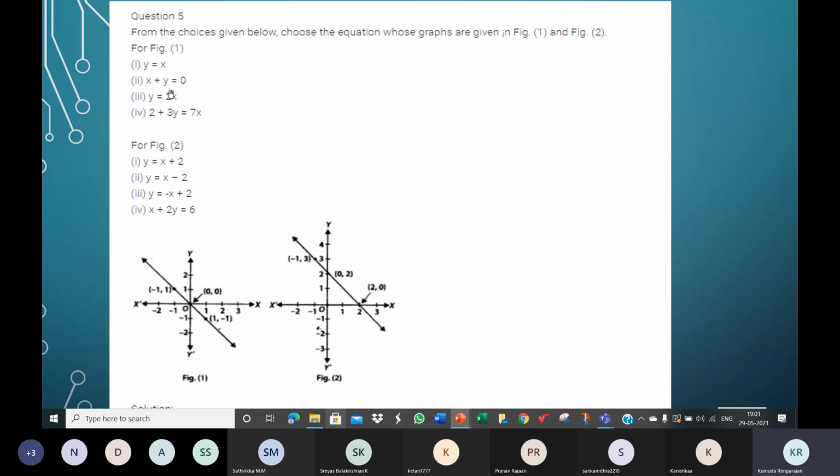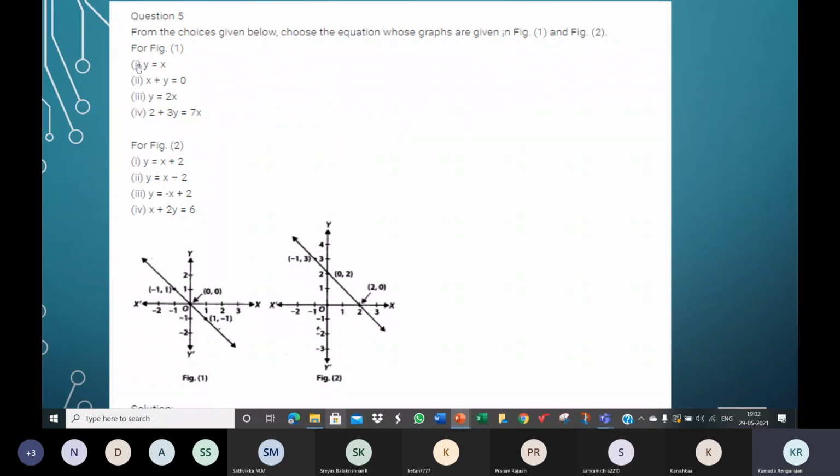So we'll have to select one of these 3. You can see in all these 3 equations, the value of C is 0. The last one, the value of C is not 0. So this is not possible, because if the graph has to pass through the origin, then the value of C must be 0. So it should be one of these 3. It cannot be the first one because y is equal to x. It is so obvious that, see this point (1, -1). Where is x and y equal?